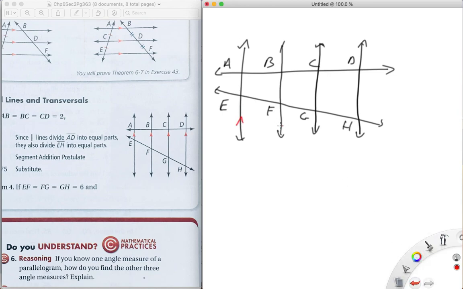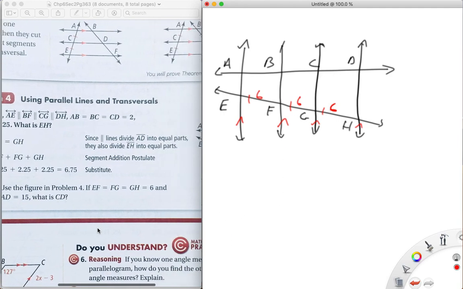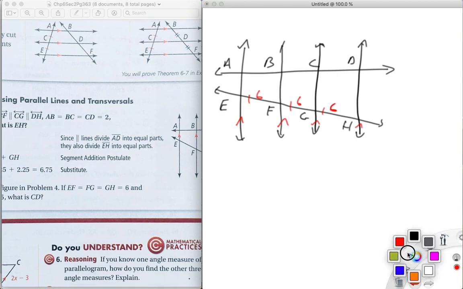These are parallel, parallel, parallel, parallel. This is 6, this is 6, this is 6. Alright, they're all 6. They're all the same. Meaning this is congruent, this is congruent, this is congruent. Which means that all of these are the same. We're told that AD, this whole thing,